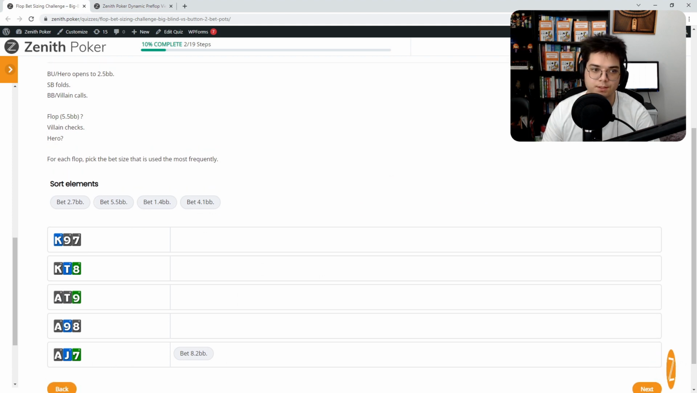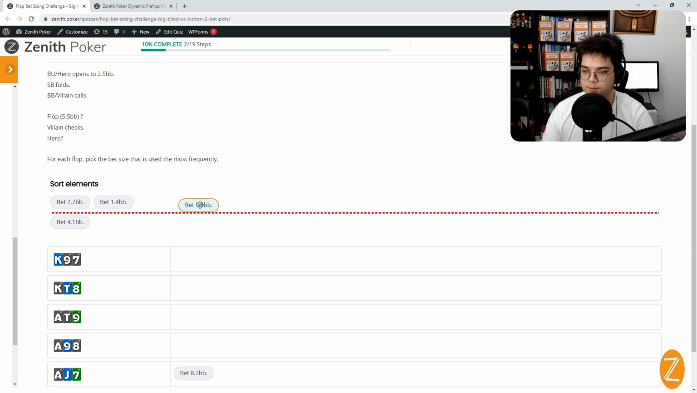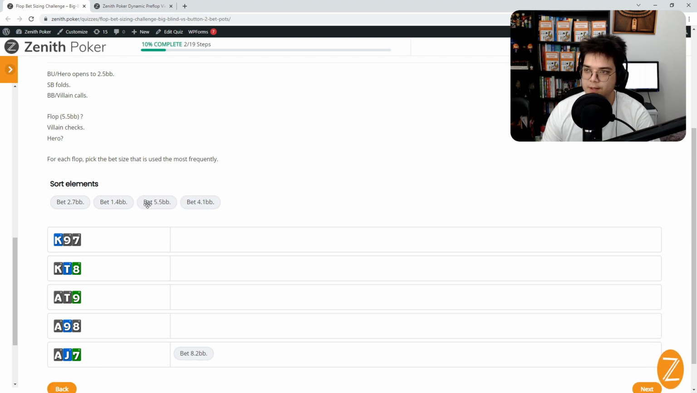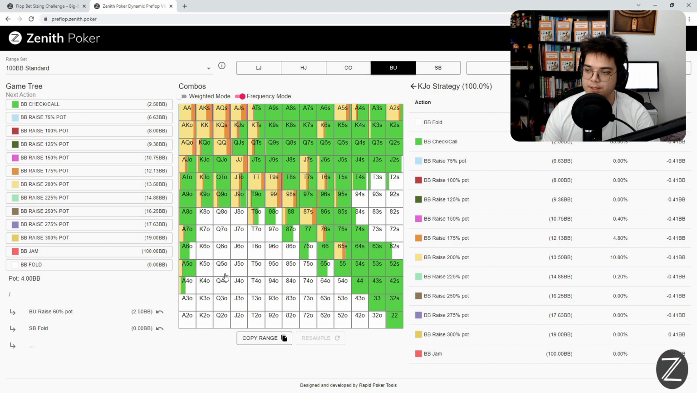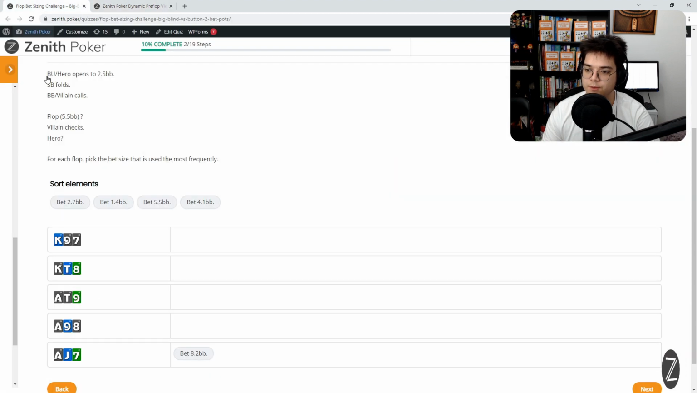Now looking at other sizes, let's think about the next biggest size. So pot size bet. Look at the pre-flop ranges again. When would you go for the pot size bet? You're going for the pot size bet